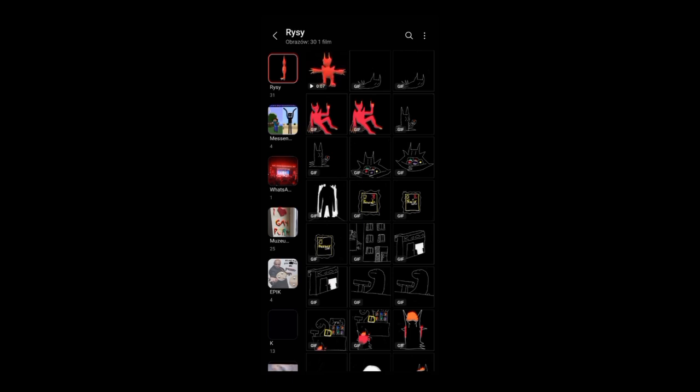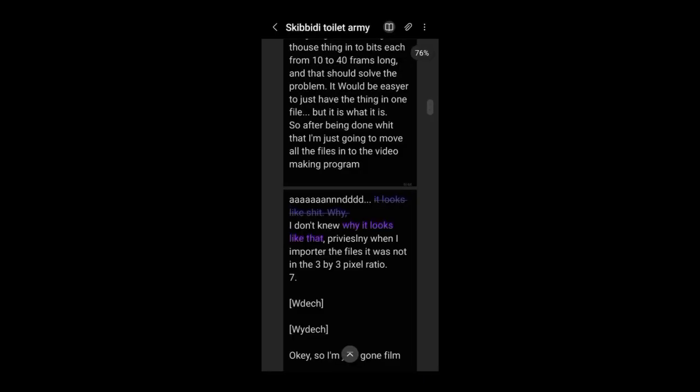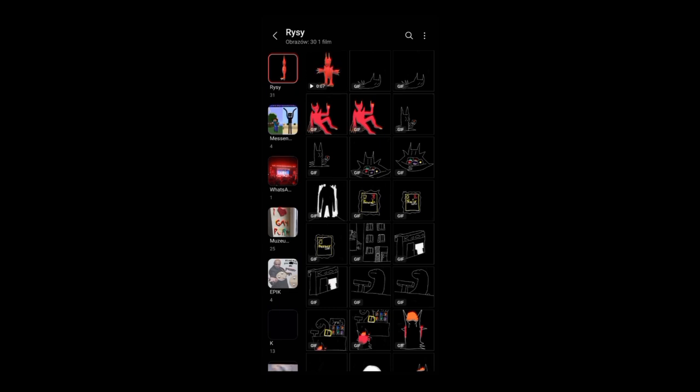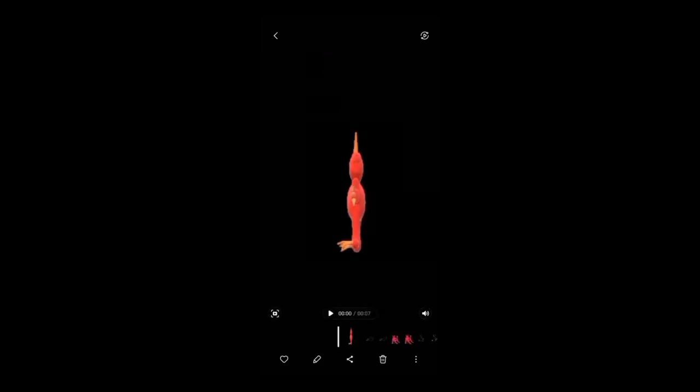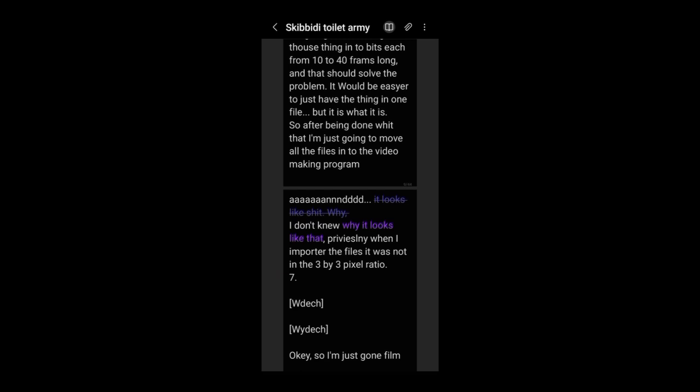So when I did it, I had a silly idea that, okay, and slight pause. I don't know why it looks like this. When I first imported the files, it was not in the 3:3 ratio, and that's the intent. Like I get a little mad. There's like a little gag. It's funny because at the beginning it was just gonna be like a dramatic pause, but with this thing, there's gonna be like a little gag over there. So yeah,